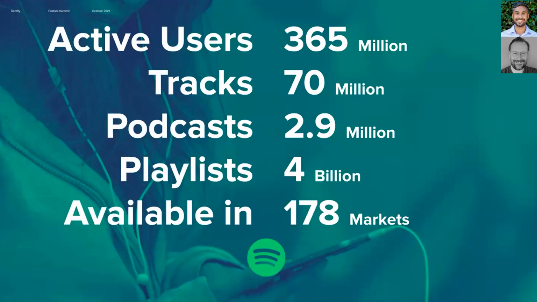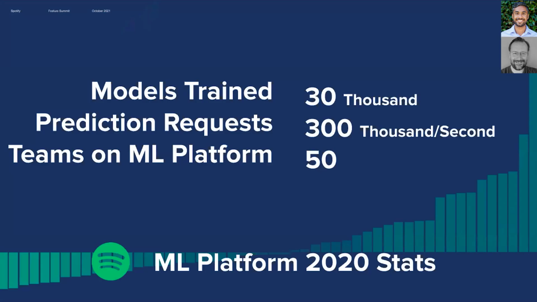So let's first kick this off with talking about Spotify's scale. Spotify is a product that's used all over the world. We have 365 million monthly active users. We're available in 178 markets, and we have over 4 billion playlists, tons of catalog items. This slide has some really big numbers, but the main takeaway is we have a lot of data and it's growing constantly. And all of this data is meaningful to continue to provide a better experience to our users